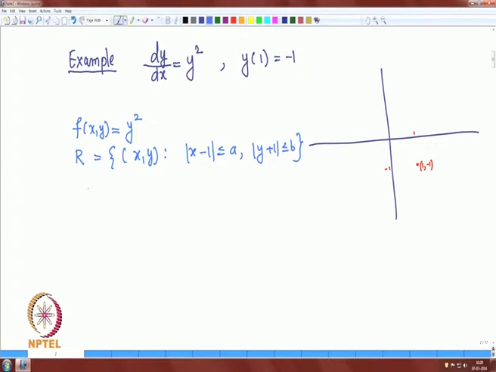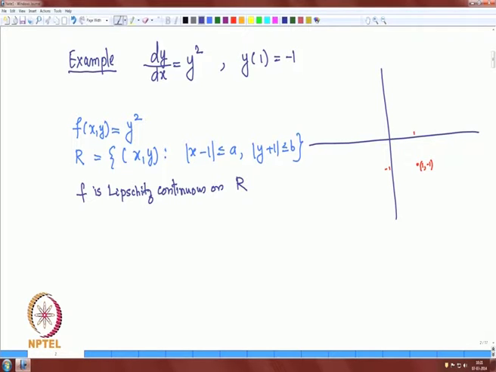So, obviously f is Lipschitz continuous on this rectangle, and obviously f is continuous on R. So, therefore, the existence and uniqueness theorem applies here,